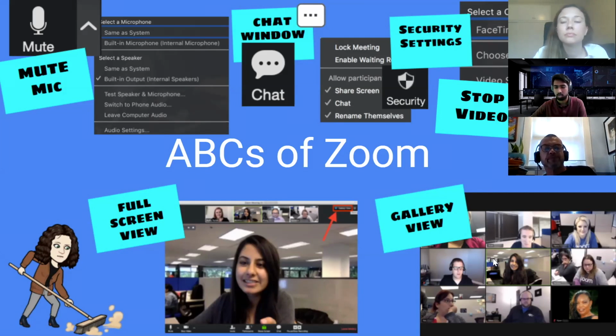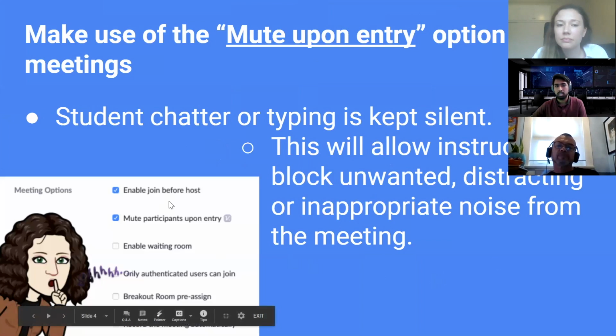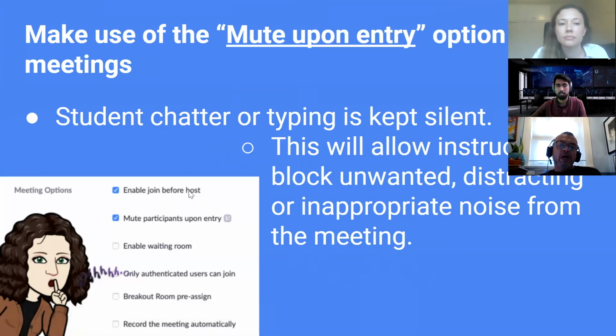And then some of the options you get while you are creating or scheduling a meeting, provided by Zoom, are like enable join before host. What this does is that the participants can join before the host does.